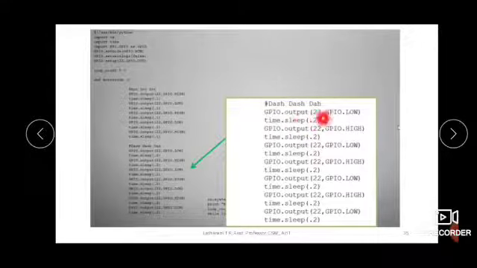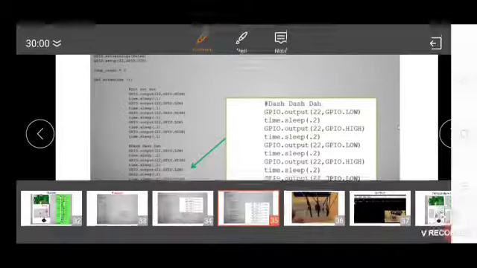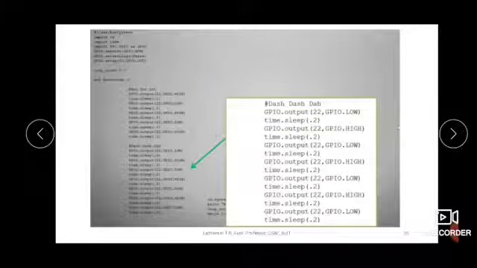GPIO dot output. So pin 22 is low for 0.2. 0.2 means here it is 200 milliseconds. Okay, a little longer beep than the dot. So now here it will be low for 200 milliseconds, then it will be made high for 200 milliseconds, low for 200 milliseconds, high for 200 milliseconds, low, high, low.